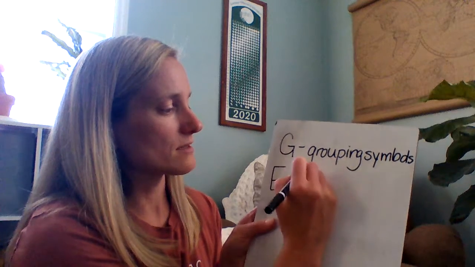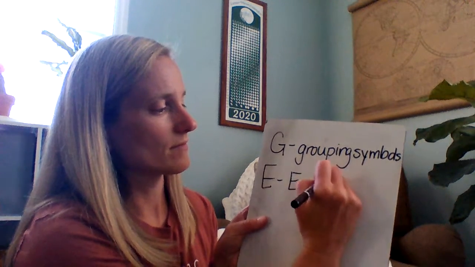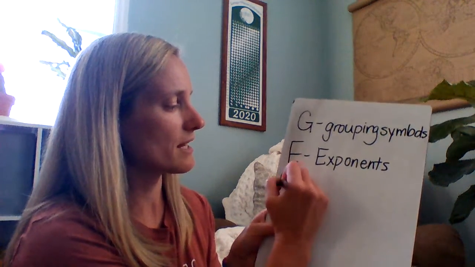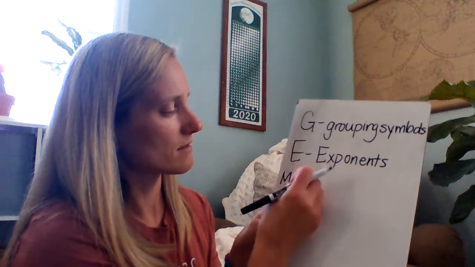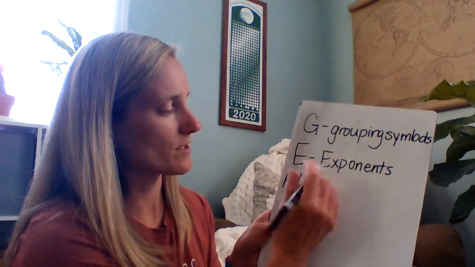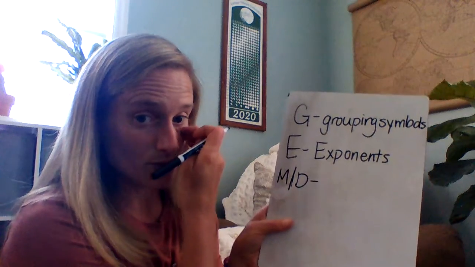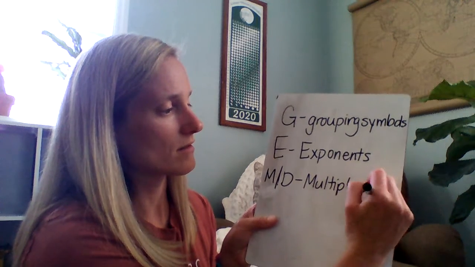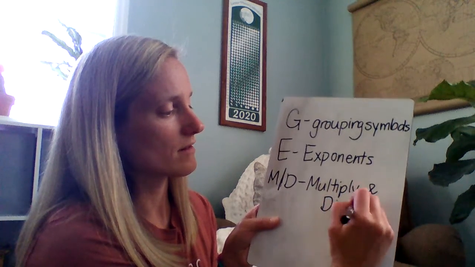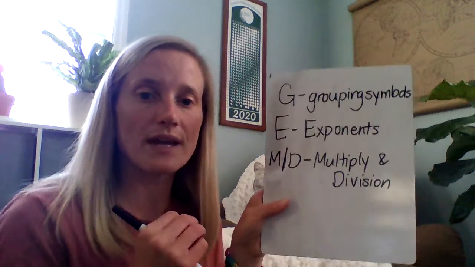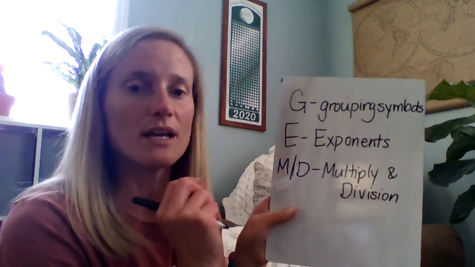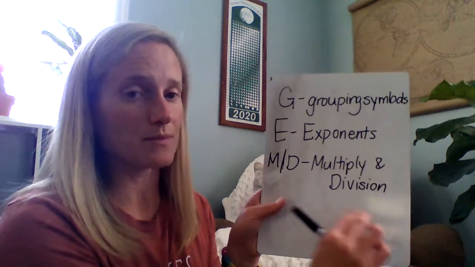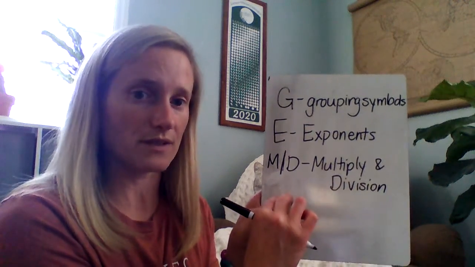Next is exponents. After exponents, we have multiply and divide. So we do multiplication and division. They're the same ranking in a problem. So you do multiplication and division in the order that you get to them as you move left to right in the problem. So sometimes, depending on how the problem's written, whichever one comes first, whichever one is to the left the most,